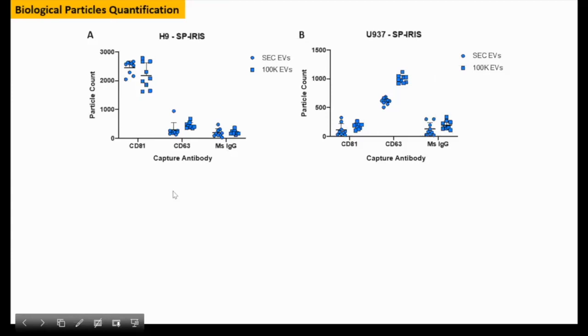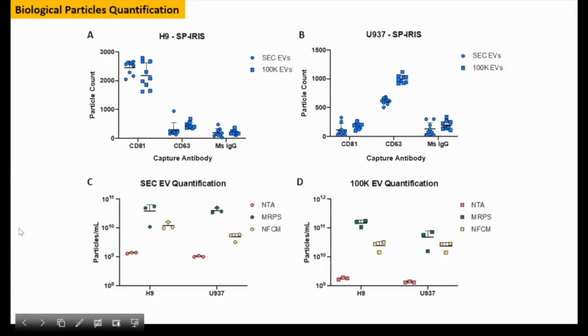Next, please. All right, so for the three remaining platforms, several trends were seen. Overall, this data was consistent with the result for silica spheres, where counting in the NTA, the pink color, was lower than counting with NanoFCM, which is the yellow color, and this one is lower than MRPS, which is the green color. And this is correct for both SEC EVs and